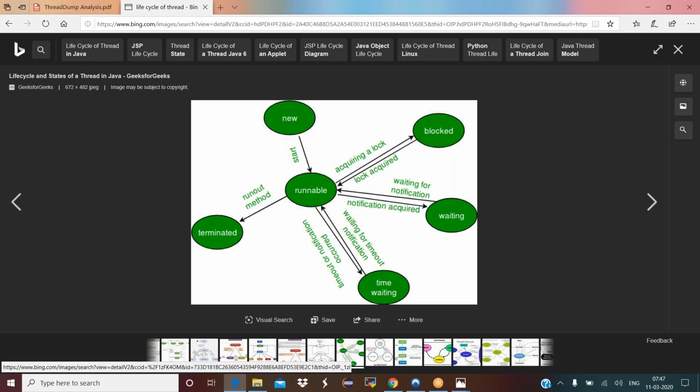So in thread dump analysis, the most important state that has to be investigated is the blocked state. Blocked state will give you so many deadlocks. That is why, when you take the thread dump, the first state that you look at is the blocked state. You need to analyze which threads are in blocked state and understand for what reason they are